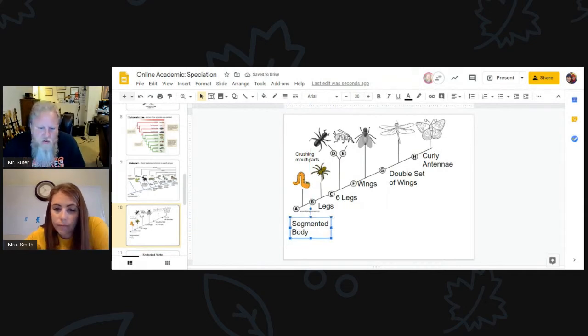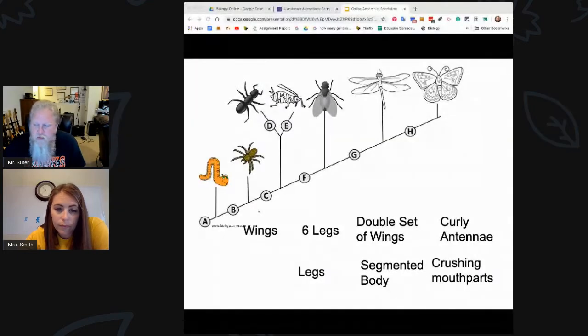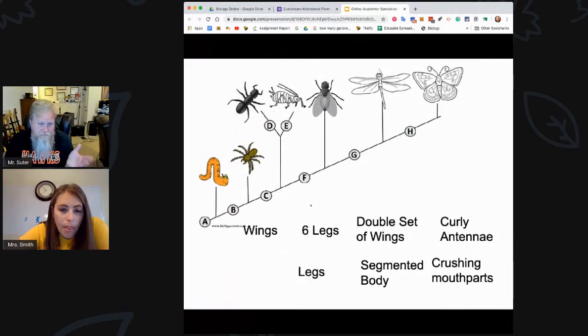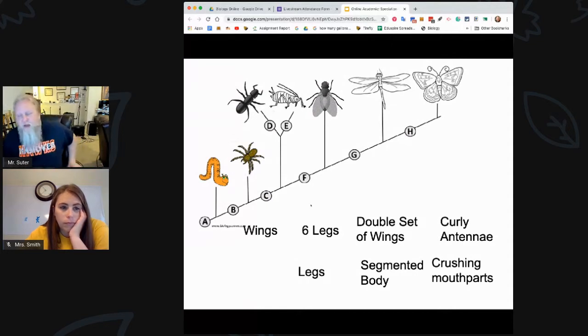All right. So if we go back to our thing, Mrs. Smith was talking about phylogenetic trees, cladograms. It's all on how we organize stuff. And it is interesting that if you organize organisms based on their parts, you start to see, again, these relationships that we think we have between organisms. And we see how life kind of built. Anyway,